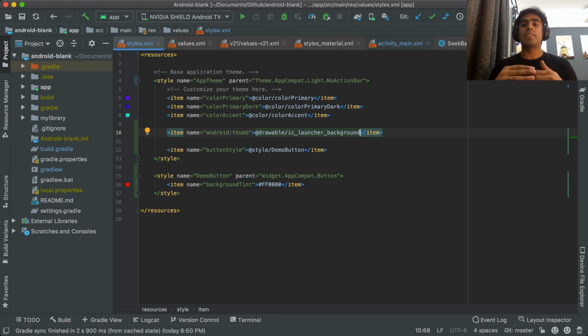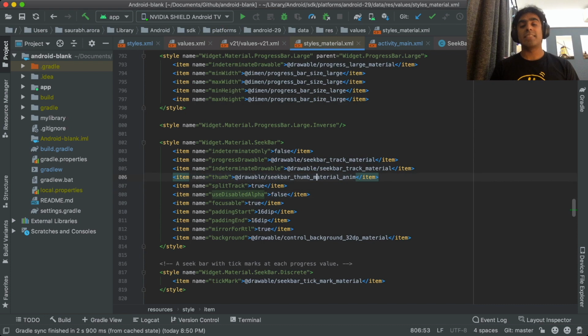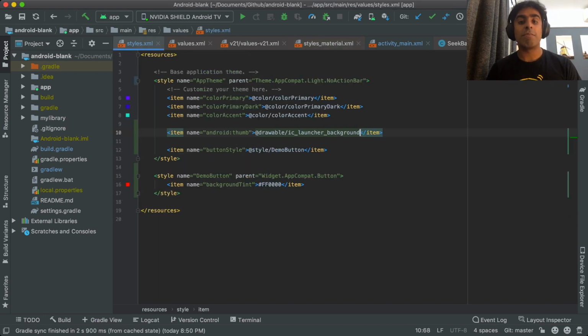So when the resolution happens, it's the first one who defines it. So if you define it in the XML directly, that value is going to be used. Then it goes further down and looks into, let's say, the default style. So at the default style, it actually found the seek bar thumb as we saw here, and that's the thumb value that got used, not the value that we've defined here. So now in this case, if you wanted to have a different thumb, we cannot do it at the theme attribute level. What we'll have to do is create a default style and actually define it over there.